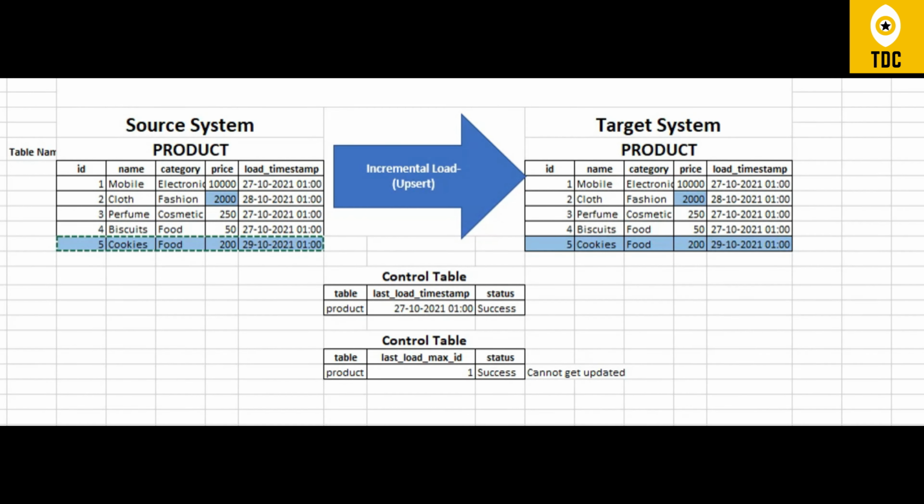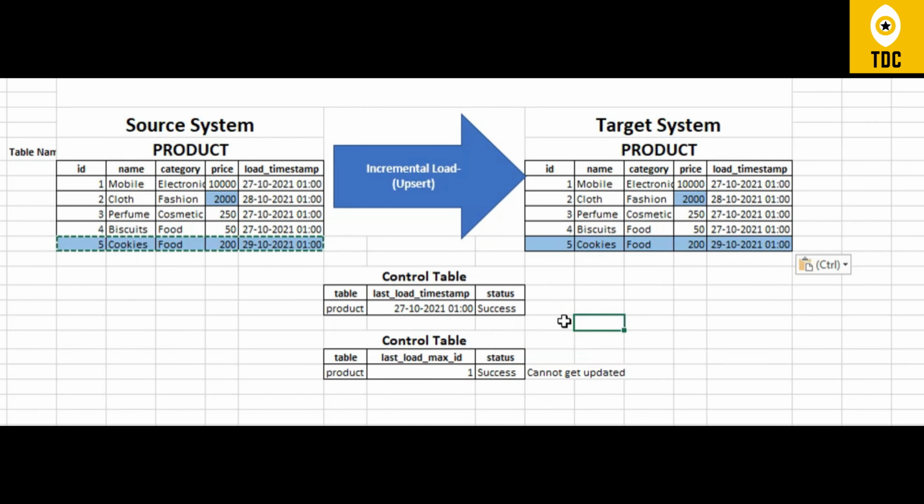That means if you have loaded the data till 27th, tomorrow if it is 28th, you'll be loading only the data which is after 27, which might be 28, 29, whatever. So only that fresh data will be loaded. That is the whole intention of having a control table.